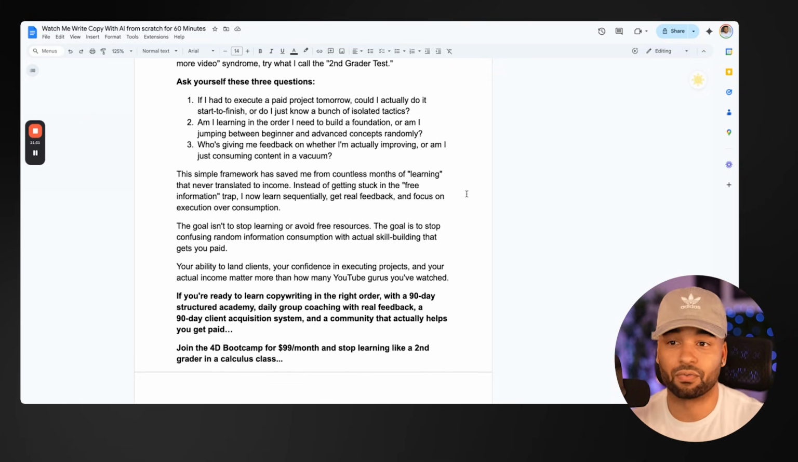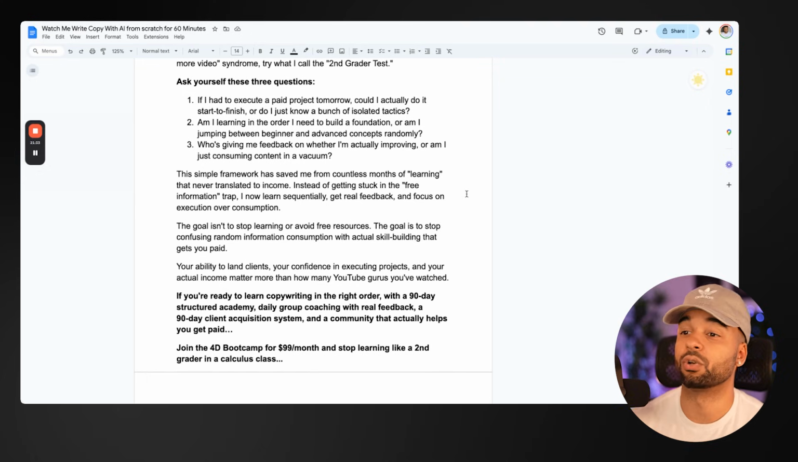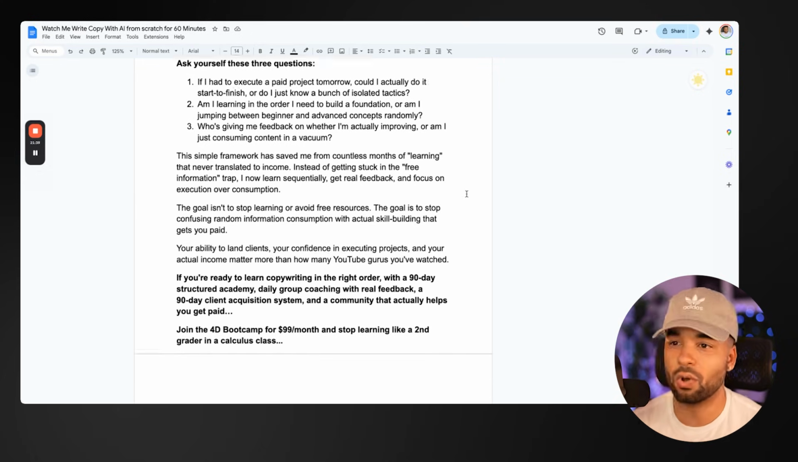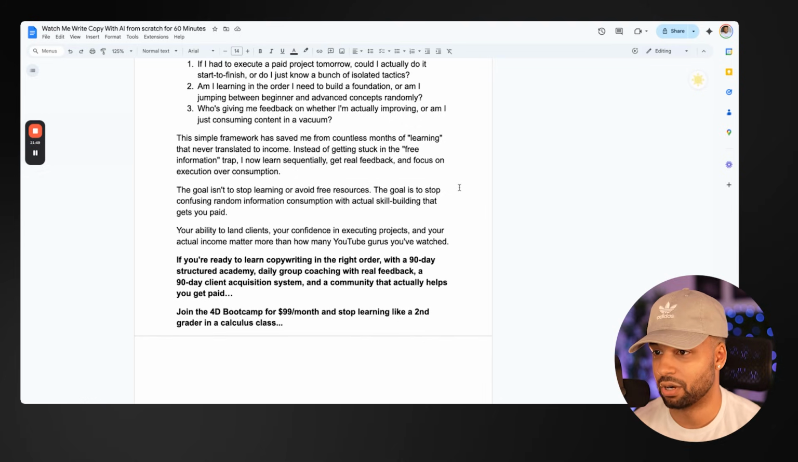Instead of getting stuck in the free information trap, I now learn sequentially, get real feedback, and focus on execution over consumption. The goal isn't to stop learning or avoid free resources. The goal is to stop confusing random information consumption with actual skill building that gets you paid. Your ability to land clients, your confidence in executing projects, and your actual income matter more than any YouTube gurus